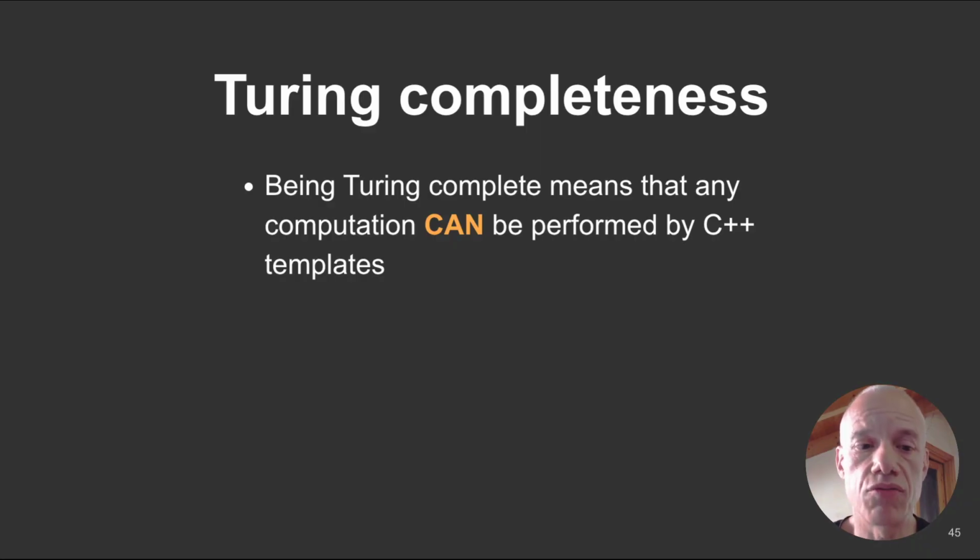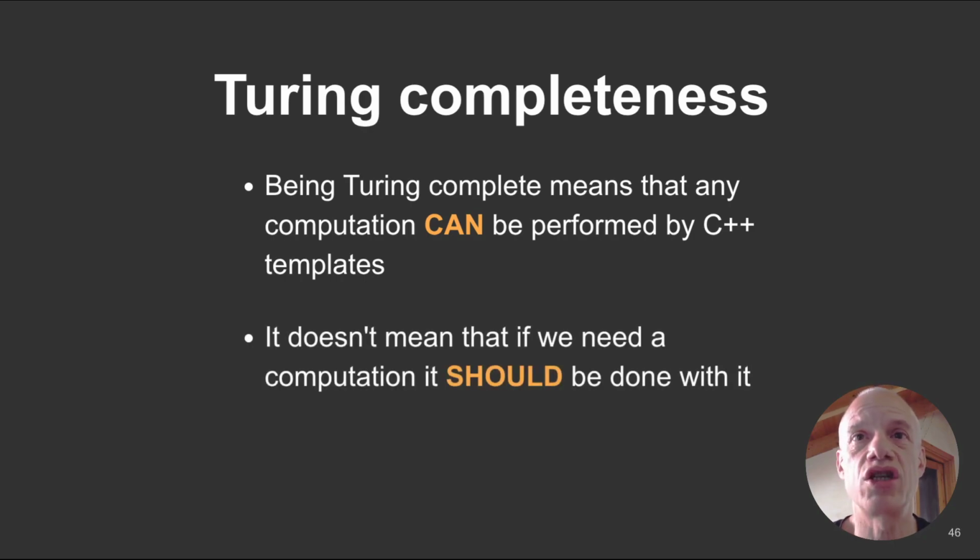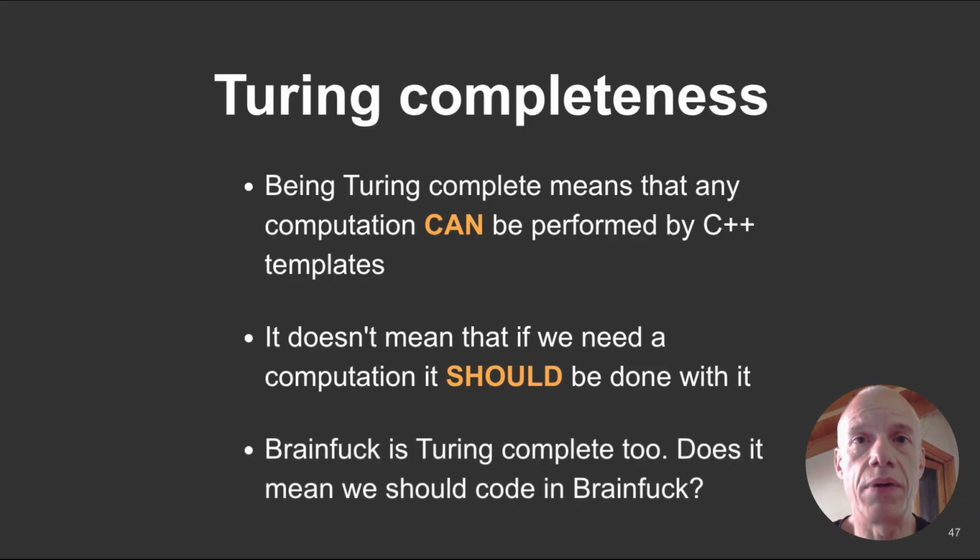And this would have been funny, because Turing complete means that you can perform any kind of computation, and this would have been completely okay if there was not another important point: the fact that this is Turing complete, so you can do any kind of mathematical computation with it, doesn't mean you should do it, because there are many languages that are Turing complete. A notable example is the brainfuck language. That is a very simple language, just 8 characters define the whole thing. And it's Turing complete,